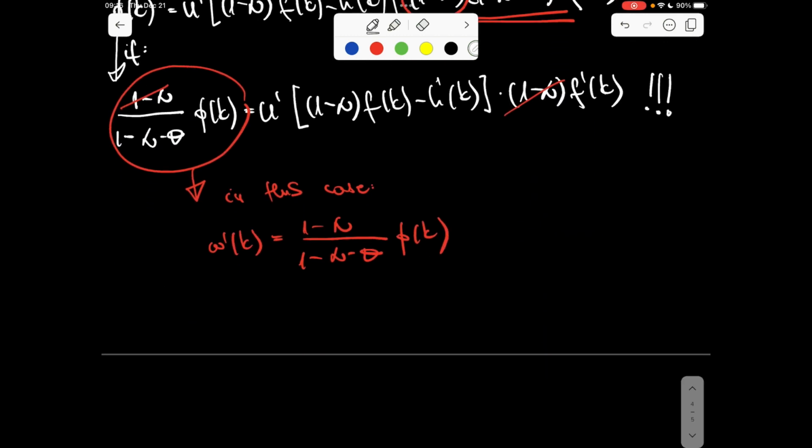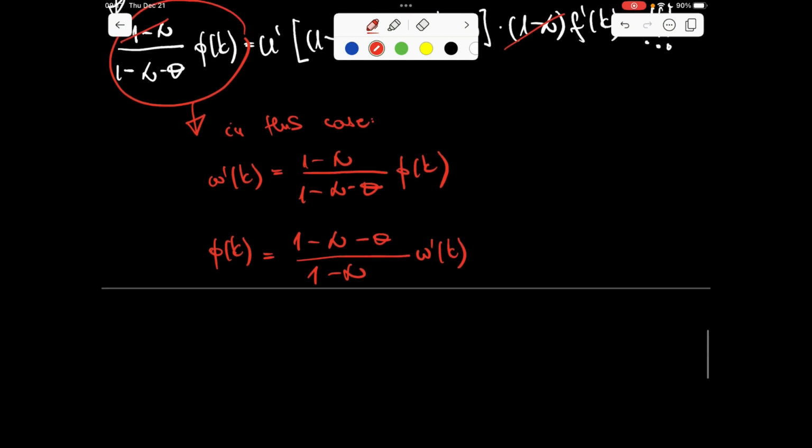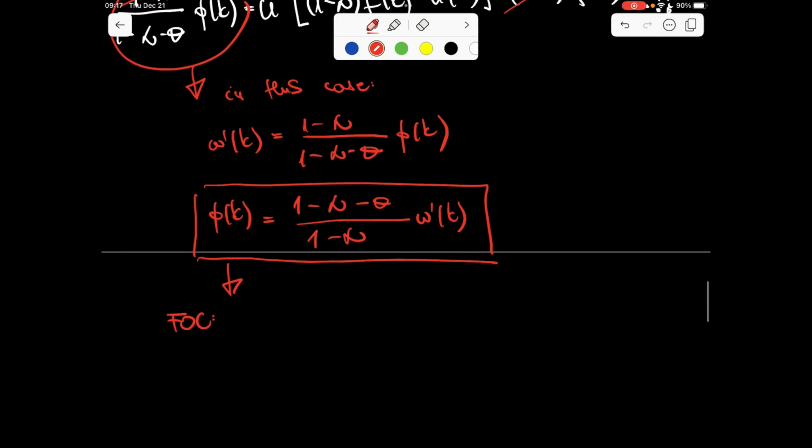So let's have this relationship between the two economies, which means that we have this form. It is supposed to be 1. Okay. And in this case, if we have this relationship between the two economies, then the first order condition